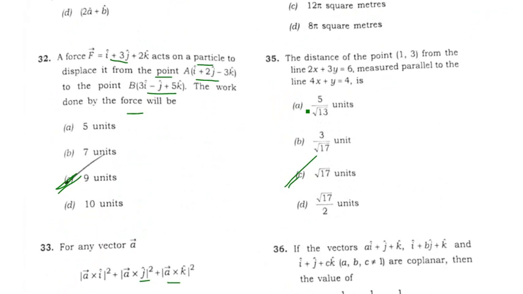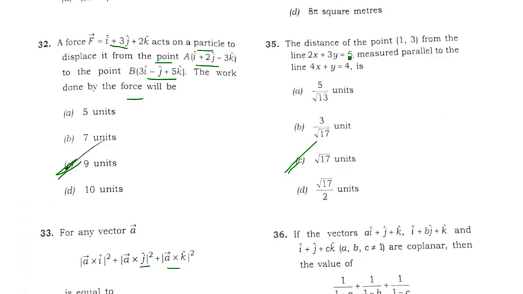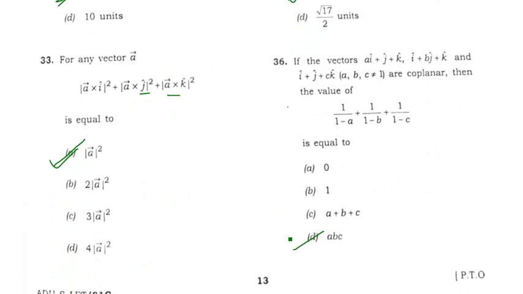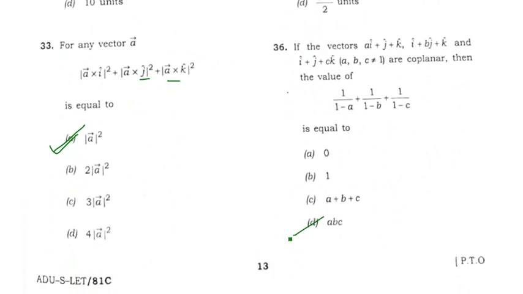Okay, the distance of the point (1, 3) from the line 2x plus 3y equal to 6, measured parallel to the line 4x plus y equal to 4, is under root 7 units. Okay, if the vectors ai plus j plus k, i plus bj plus k and i plus j plus ck, where a, b and c are not equal to 1, are coplanar, then the value of 1 upon (1 minus a) plus 1 upon (1 minus b) plus 1 upon (1 minus c) is equal to... so the right answer will be abc. Okay,